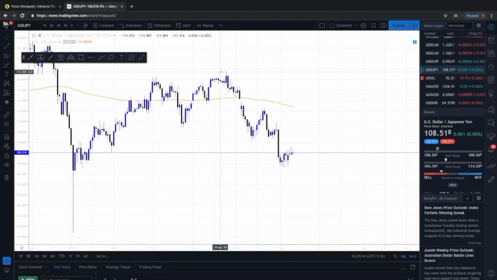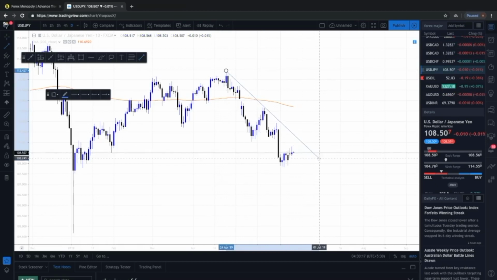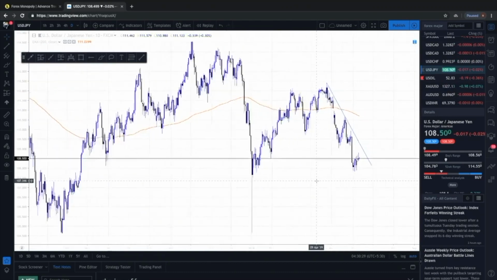Now let us see how to draw a trend line for a downtrending market. For a downtrending market, just make sure that the trend line is always drawn above the price. So we have to connect all the swing highs above the price. So just take this tool and connect the swing highs properly. And we also have 2 touch confirmations over here. So this trend line is a valid trend line. So this is how you draw a trend line.